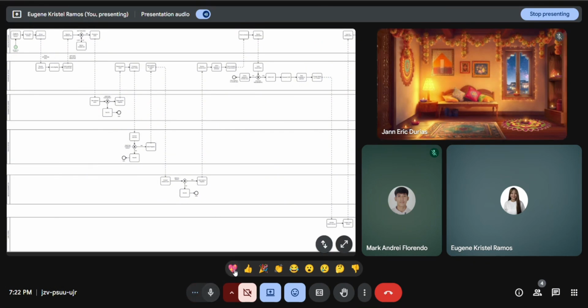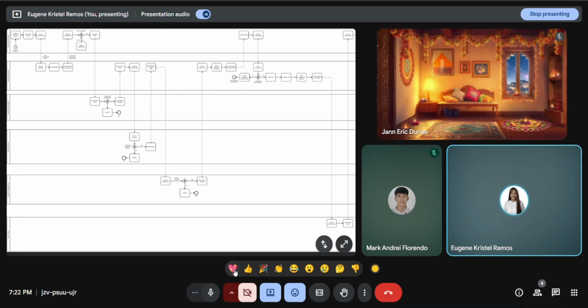To conclude, our project aims to transform the LSPU enrollment process from a traditional manual and paper-based flow into a digital, automated, and fully integrated system. Our analysis of the as-is process revealed that while the current system at LSPU is functional, it faces several challenges, including manual data handling, lack of inter-departmental integration, and limited communication between offices and students. These issues result in delays, redundant work, and confusion during enrollment periods.